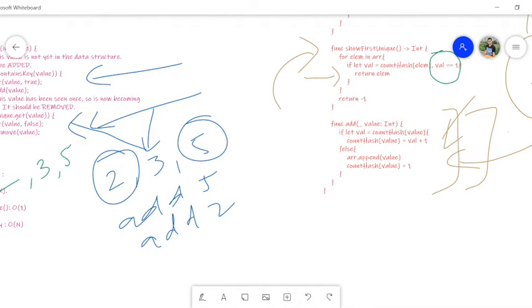You can think like this: adding or removing. If you remember, we discussed one problem where we needed to move all the zeros to the end of our array. One solution was to remove the 0 first and then append it at the end. So that was our solution. Similarly here, we maintain a set and we remove the element once we find it's a duplicate. Then automatically the set will have only the unique elements, and we just return the first element. For this, we need to have an ordered set. Yeah, ordered set. That's why.